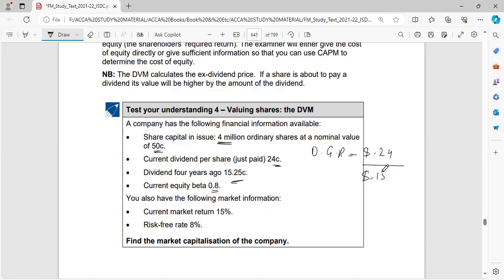Earliest dividend is 0.1525, raised to power 1 divided by, it was 4 years ago, so 4 minus 1. And when you are working in Excel, start the bracket before 4 and close the bracket after minus 1, and this whole equation is minus 1. So 0.24 divided by 0.1525, this whole raised to power 1 divided by 3